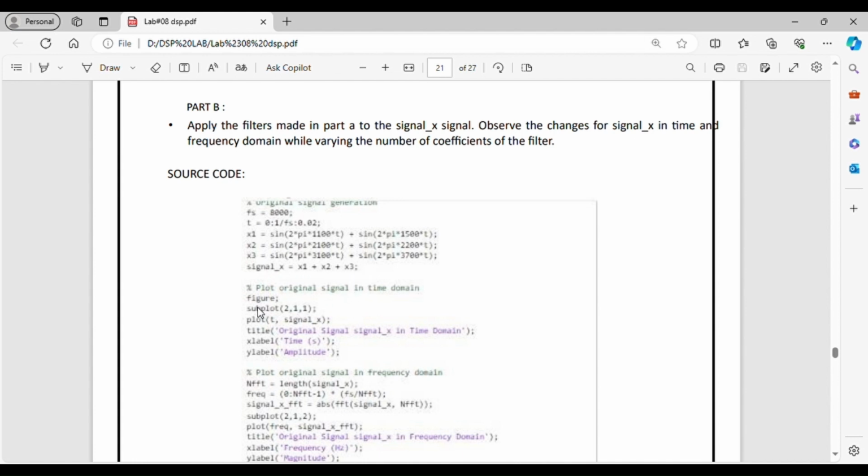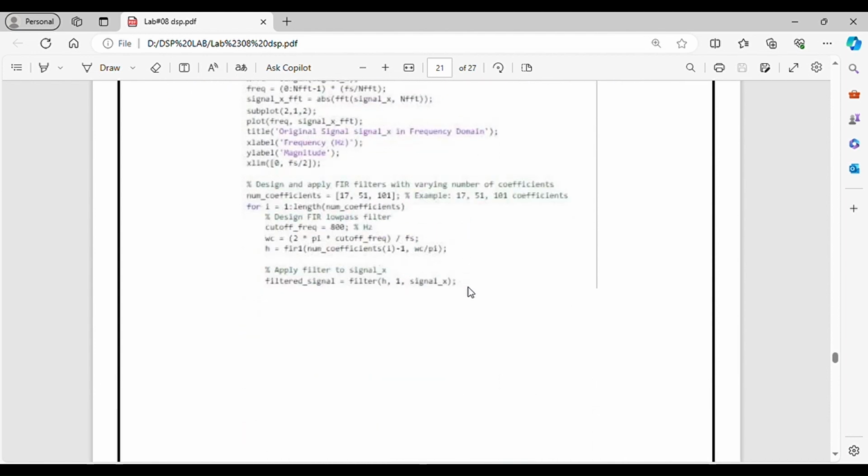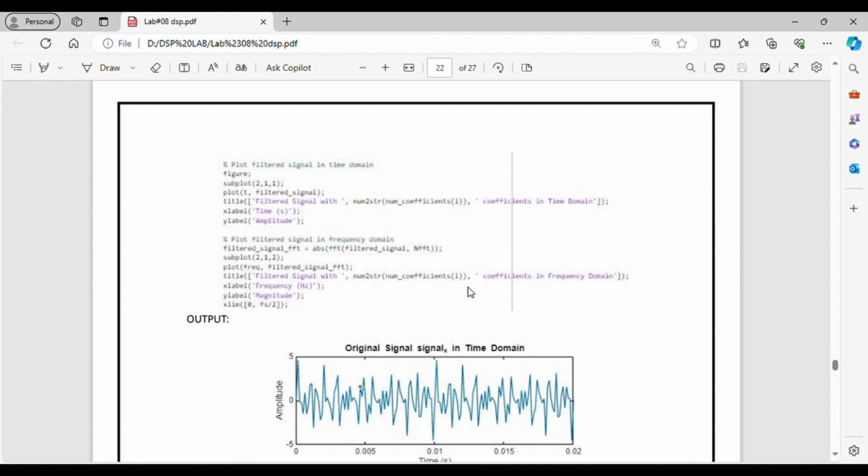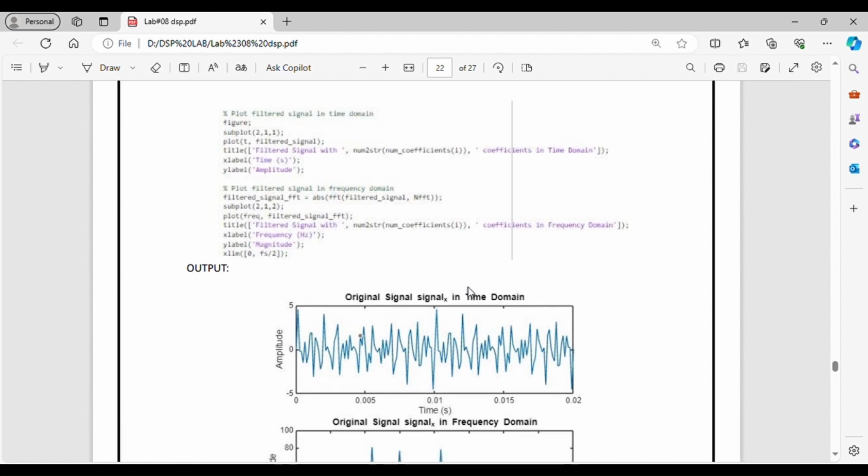signal x is equal to x1 plus x2 plus x3. Now plot the signal in the time domain, plot the signal in the frequency domain, and design and apply FIR filters with varying number of coefficients. Design FIR low pass filters and apply the filter to signal x. Now plot the filtered signal in the time domain, plot the filtered signal in the frequency domain, and the resulting output is